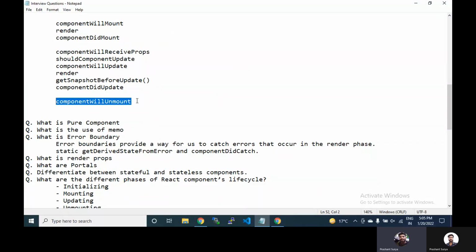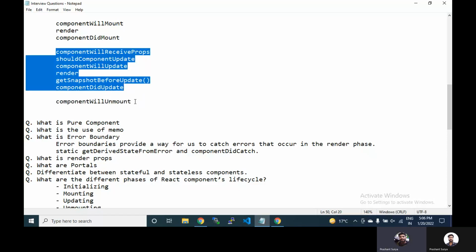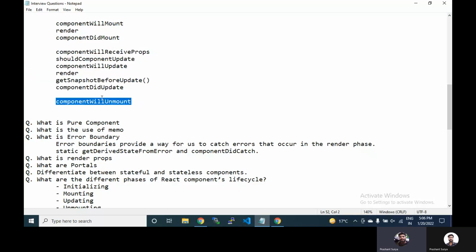In this we have only one hook, componentWillUnmount. If there is any change, then the loaded component is going to be destroyed, and again all the rendering process of the update will be executed. So in the updation case, we will have the unmount. Basically when you leave any component before updating or going to another page, you can call this one. This method is used to destroy your memory or unsubscribe your API call.